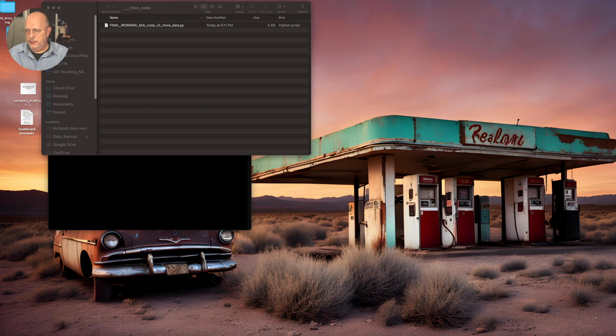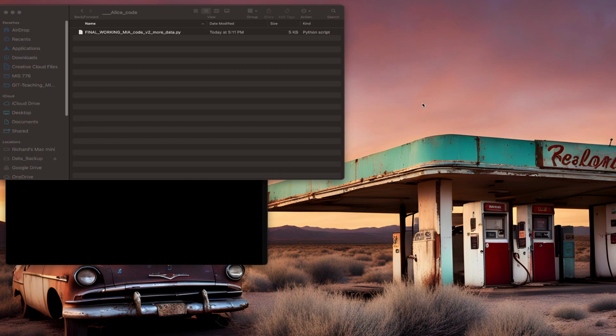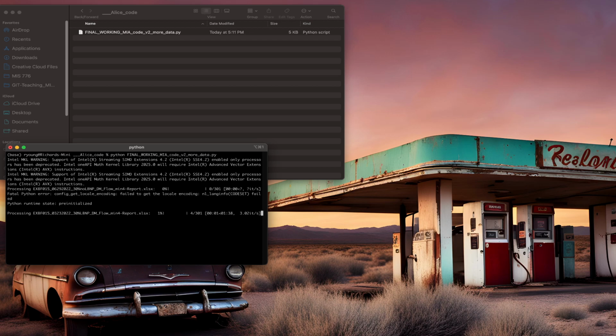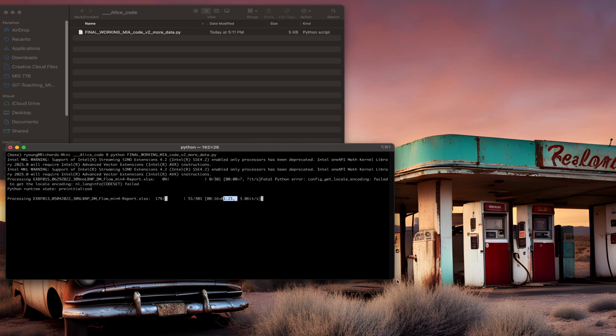We zoom in here. Okay, so Python, final, working. So this is not a particularly powerful Macintosh. This is just an M1 Mac from a year or two ago. It's like 400 bucks. And you see it goes relatively fast, about a minute and 30 seconds to process all the files. Once it's done, it will give you a new file called summary statistics right here,